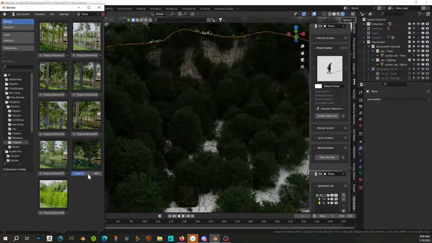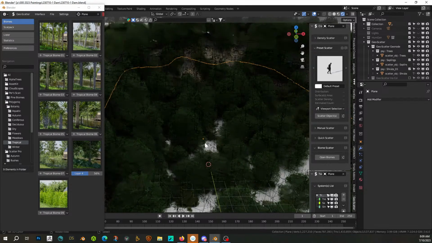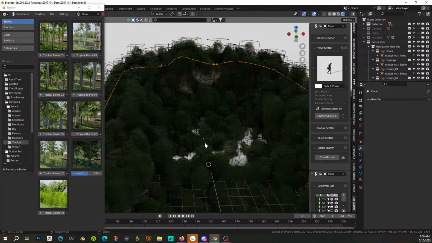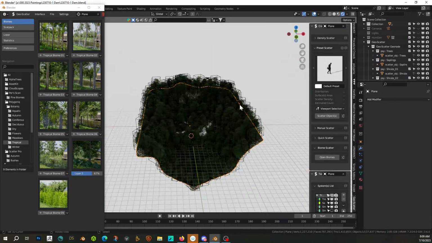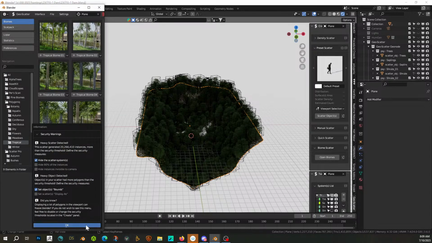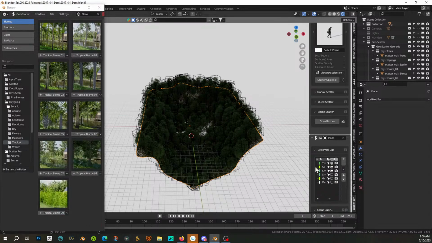And we get crap everywhere. Oh, that's not what we want. No, but that's fine. Yes, and I realize that that's a lot of geometry. So the new version of